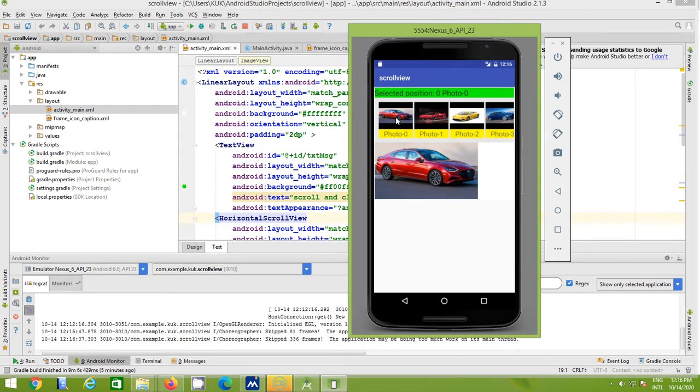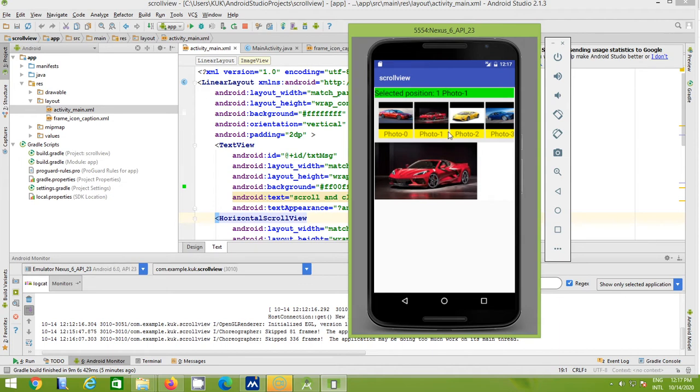If I select the first photo, you can see that the image view is changed, as well as the position is 0, photo is 0. If I select photo 1, the photo is also changed here, as well as the value of your text view. So you can see selected position 1 and photo 1.